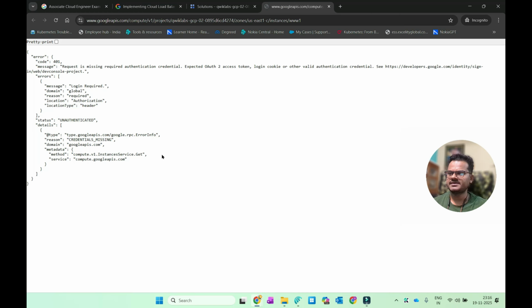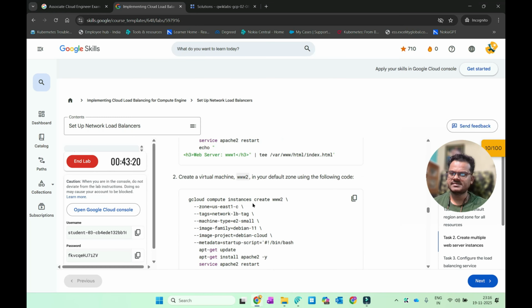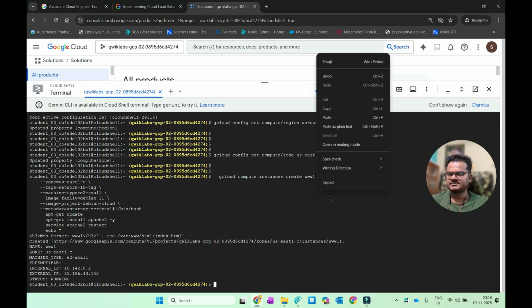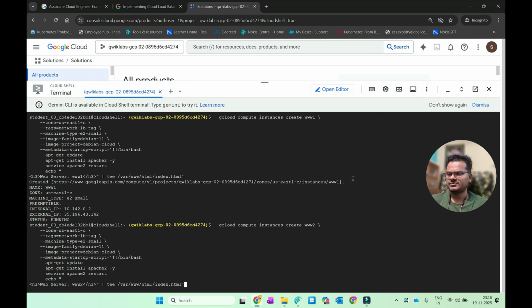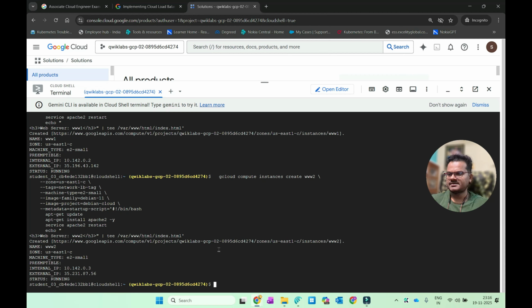Okay, so it is opening here and just close it. Next virtual machine we have to create, that is ww2, and it has the same configuration actually. So let's create this one also, ww2. It is taking a bit of time, but it's absolutely fine. Yeah, it is also created,